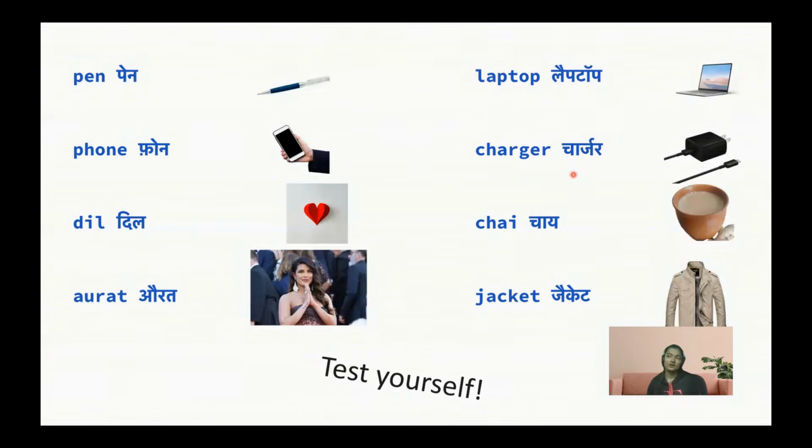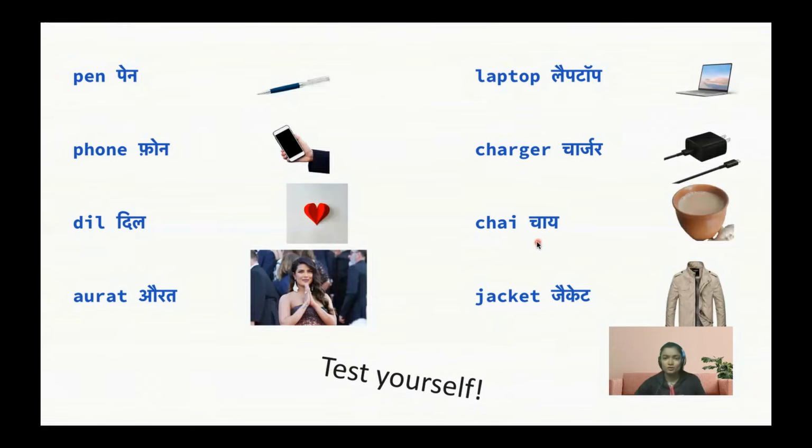Okay, now hold on. If you're wondering that, okay, I got this. All the gadgets, all the appliances or any words related to it are masculine. Then no, do not find logic to be able to identify gender in Hindi language. You'll be disappointed and you'll go pagal. You'll go crazy. Let's move on. Dil is also considered masculine. For example, mera dil or aapka dil.